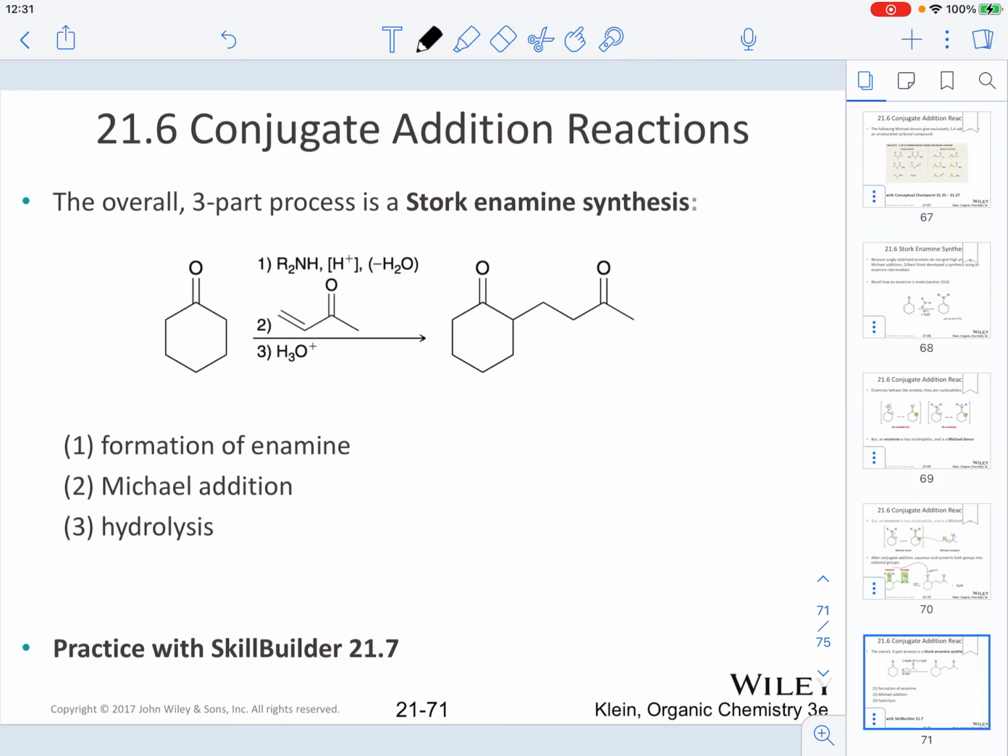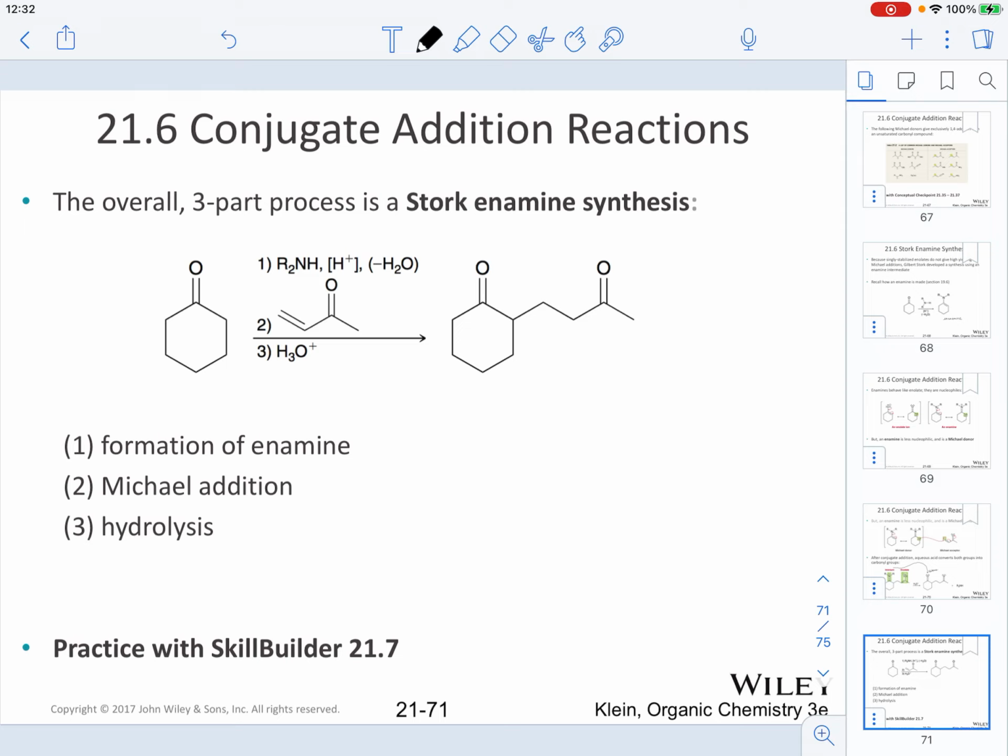So understand that if we look overall at the Stork enamine synthesis, it is a 3-part process. You start with the ketone, and that ketone in the first step of the reaction forms the enamine. In the second step of the reaction, the enamine acts as a Michael donor, and it adds at the position 4. Remember that this position 4 is not carbon 4, it is just labeled that way because we're counting the atoms from the double bond oxygen in our